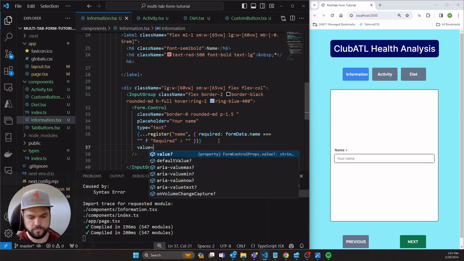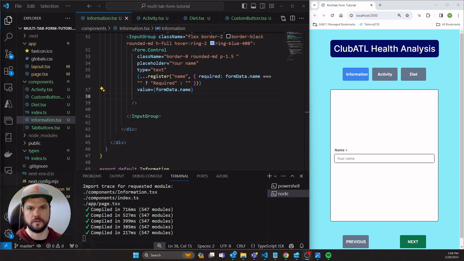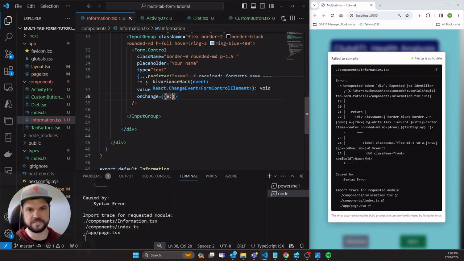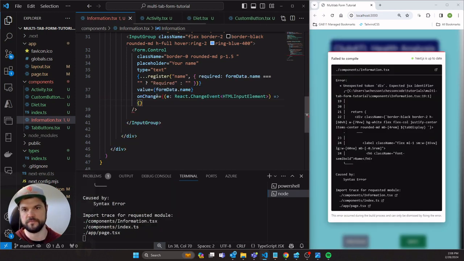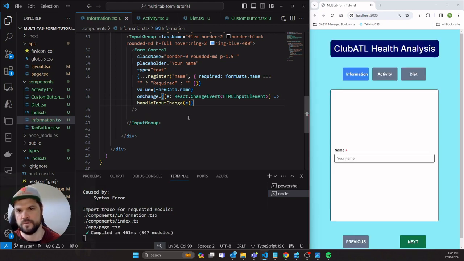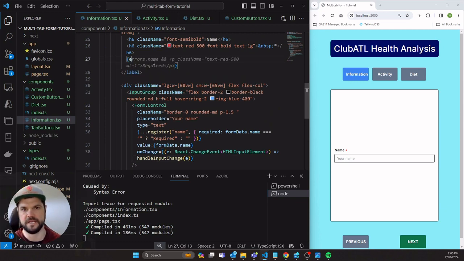I'm going to make my value as form data.name, and then for my own change function, I have the E, and I'm going to have to specify the type if you're using TypeScript. That is right. But I have the handle input change. So in order to actually show you that my errors are going to come up, I'm going to say errors.name and